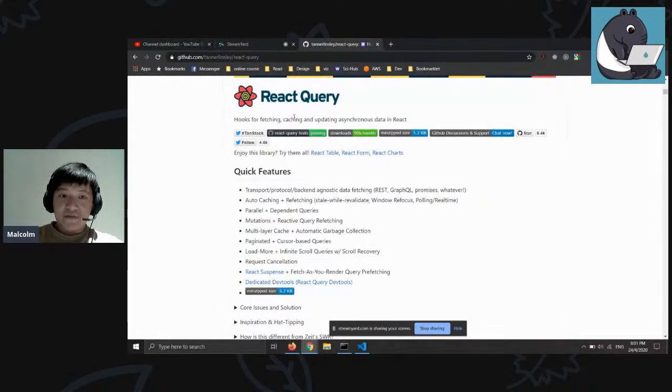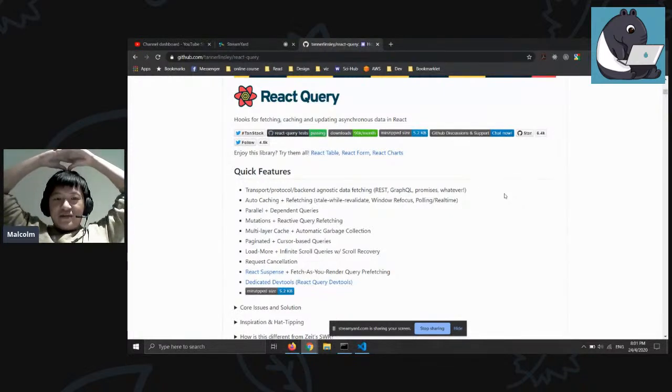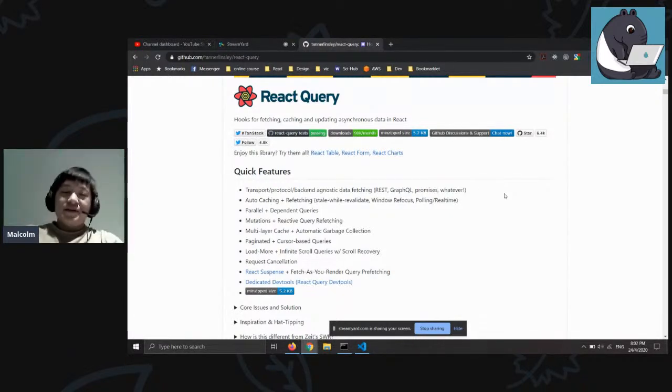Why I think fetching and caching data is a very useful library is because in Redux we know many times we have a lot of code, right? We write all the reducers, all the actions. Actually, for us, it's just to cache data. Because at the end of the day, for most applications today, the front end is not the source of truth. Most of the time, we have some API that we call to get the data, some API call to create the records, and then the front end just displays. And for Redux, we use Redux many times